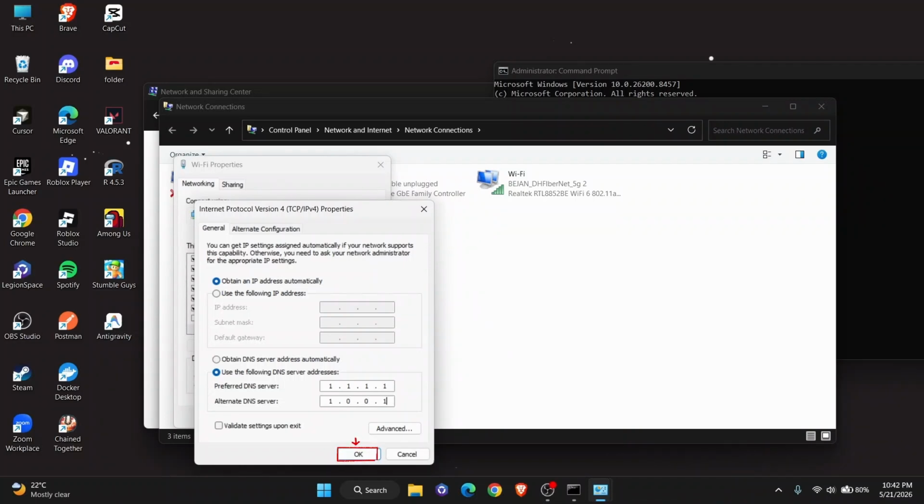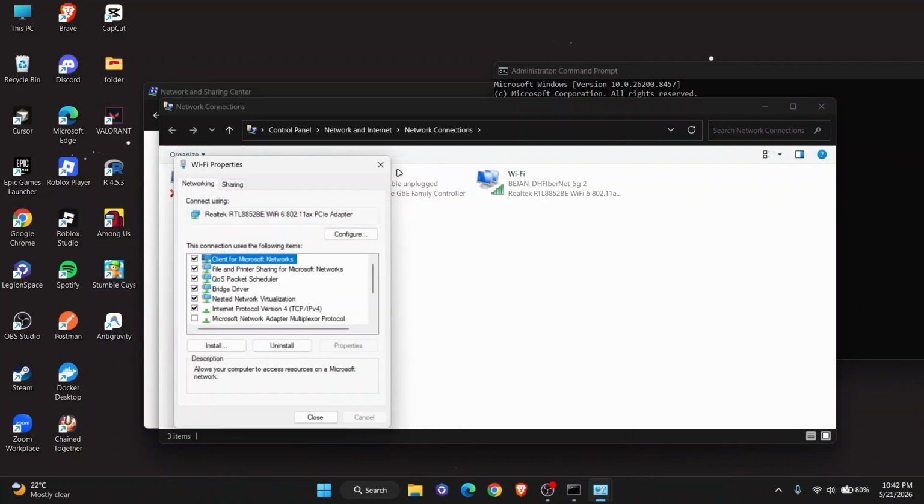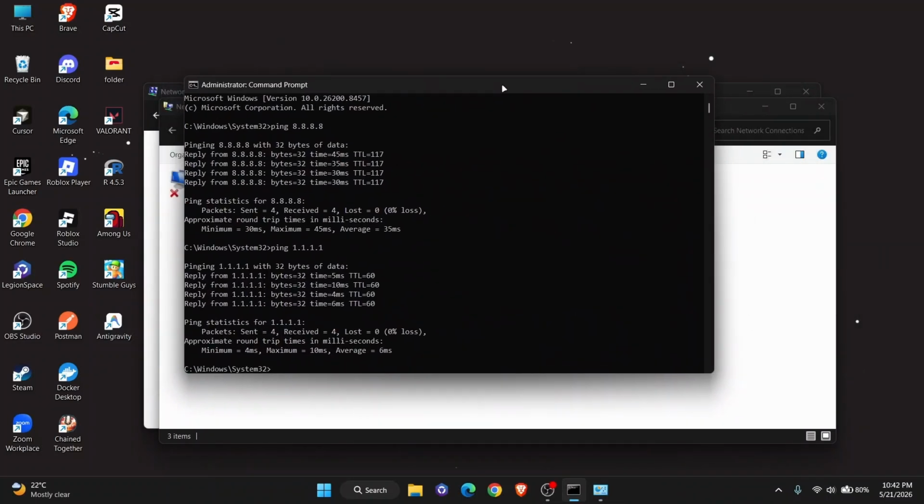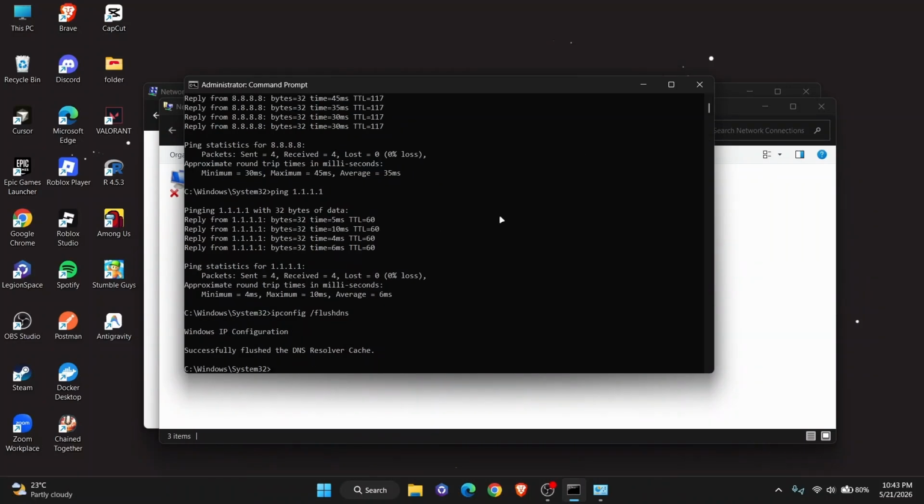Once done, click OK and close out of the network settings. After this, go back to the search bar, open CMD as administrator again, type ipconfig/flushdns and press Enter. Finally, once the flush is complete, restart your PC and check if your internet speed has